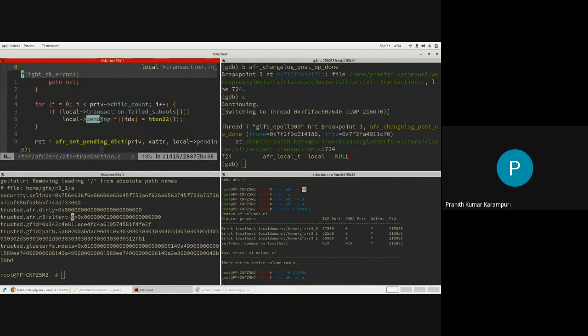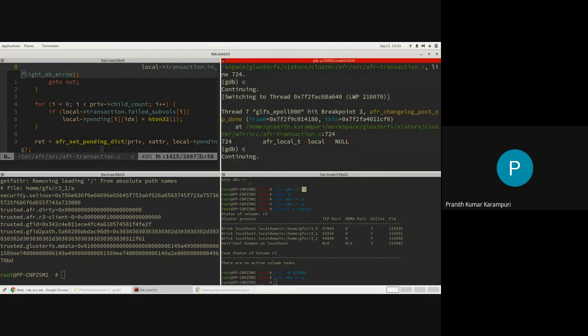On pending of 0, which is your client 0, there is a marking of 1. So that's what has happened. All right. So this is your unoptimized case of the run through of the full transaction.